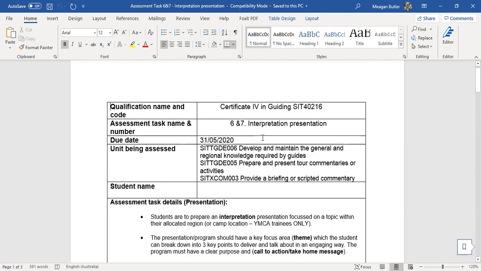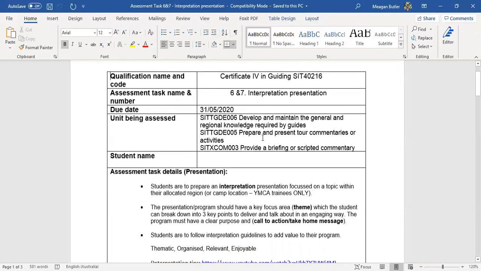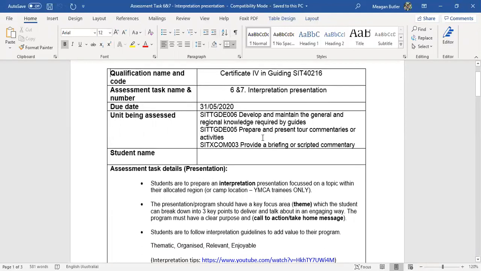Anyway, I thought I'd just go over the assessment task in a bit of detail so that you're on the same page as everyone else. So this is a document that I sent out to you in an email. It's tasks 6 and 7 joined together, 7 being the script portion, but 6 being the presentation side of it. So I want to go into a little bit of detail because it's a little bit different to presentation task 4, the first presentation that you are submitting this Sunday.